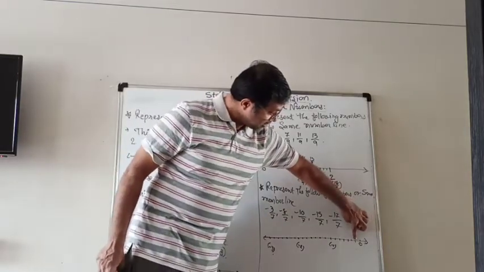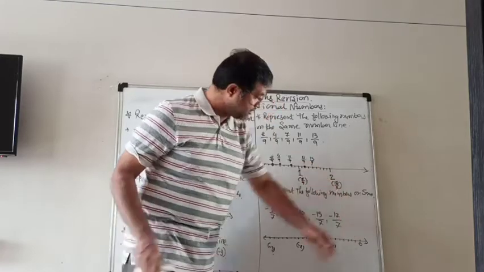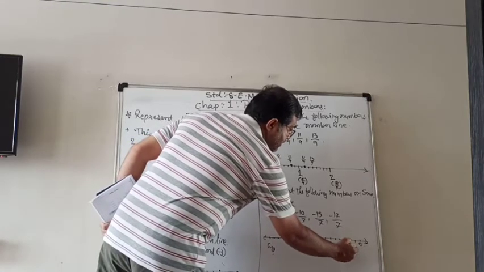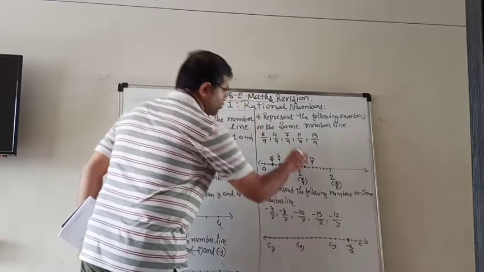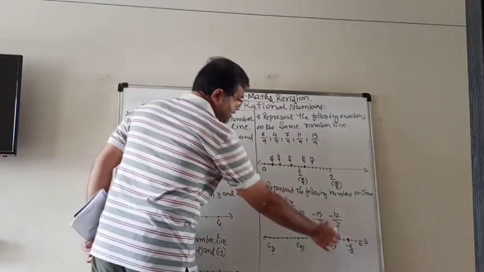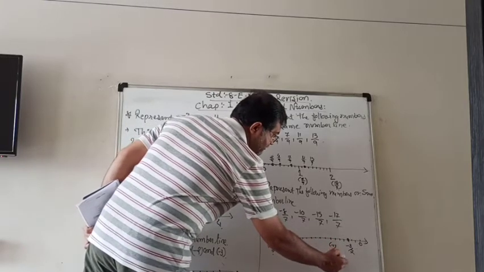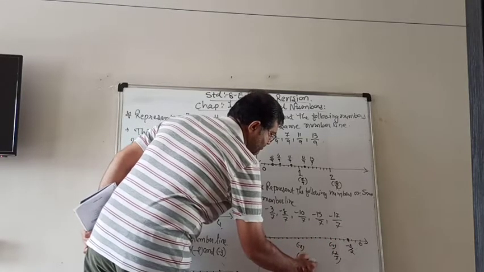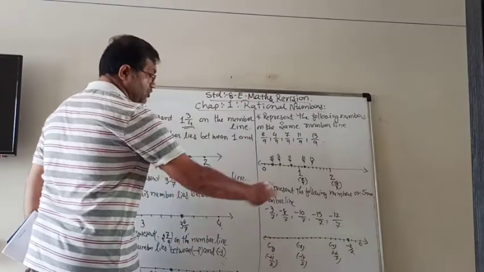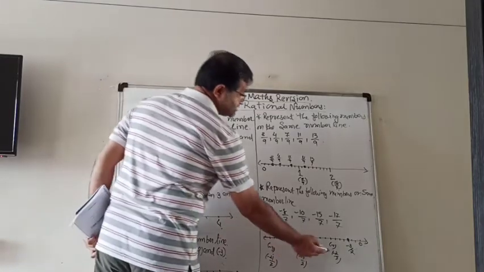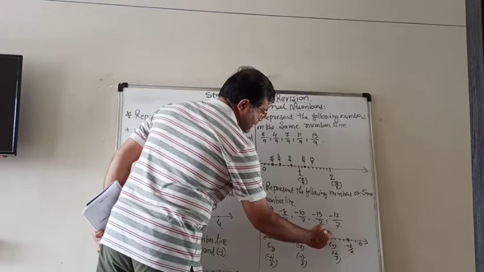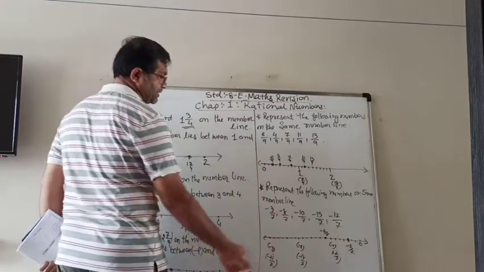So here -1 upon 7, -2 upon 7, and the third one is -3 upon 7. So you can make it bigger and write it down. It doesn't matter if you write it on the top or at the bottom. Then -8. Now this one is -7 upon 7. That one is -14 upon 7. And that one is 7 3s are -21 upon 7. So according to that we have to count now. This is 7 upon 7. Now we have 8. 8 means one more. So that is your -8 upon 7. Then 9.